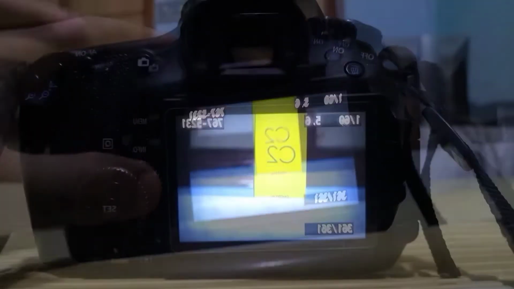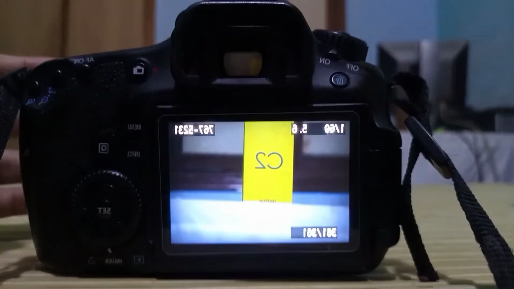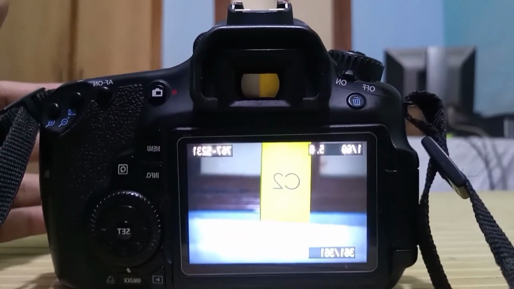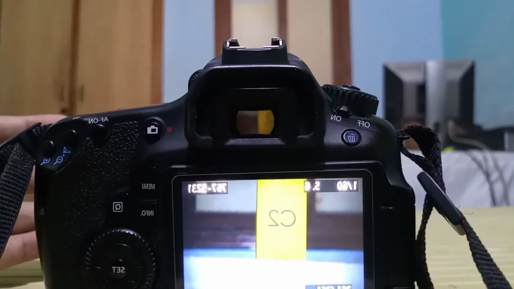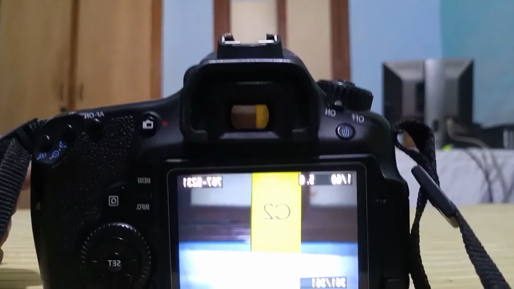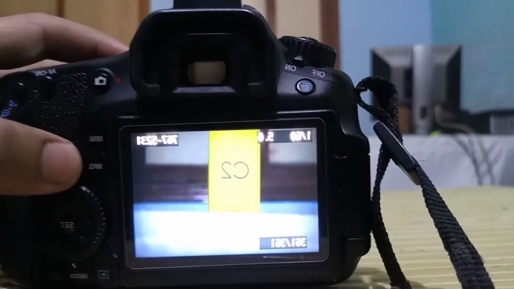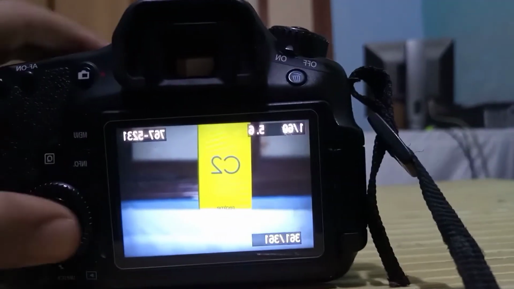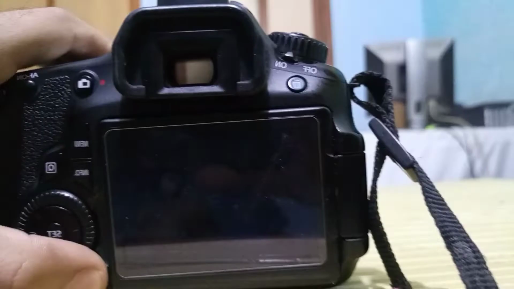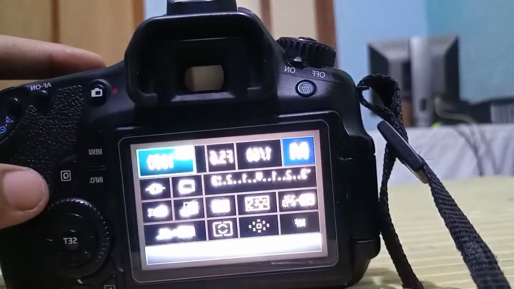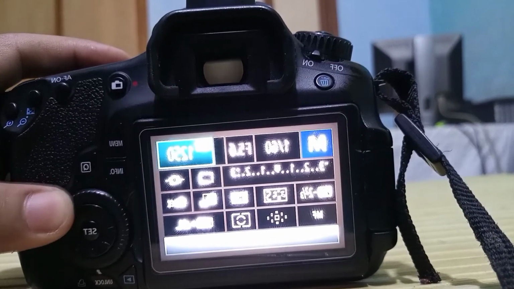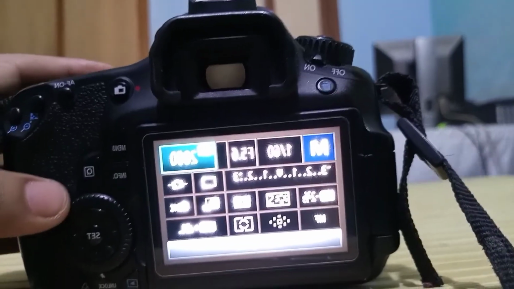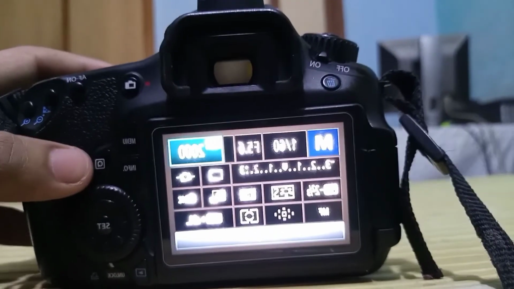This is the main thing. After clicking a picture at ISO 1000, if you think your picture is still dark, then you increase your ISO more than 1000. So go to the setting button, increase ISO to 2000, and then we click a picture.